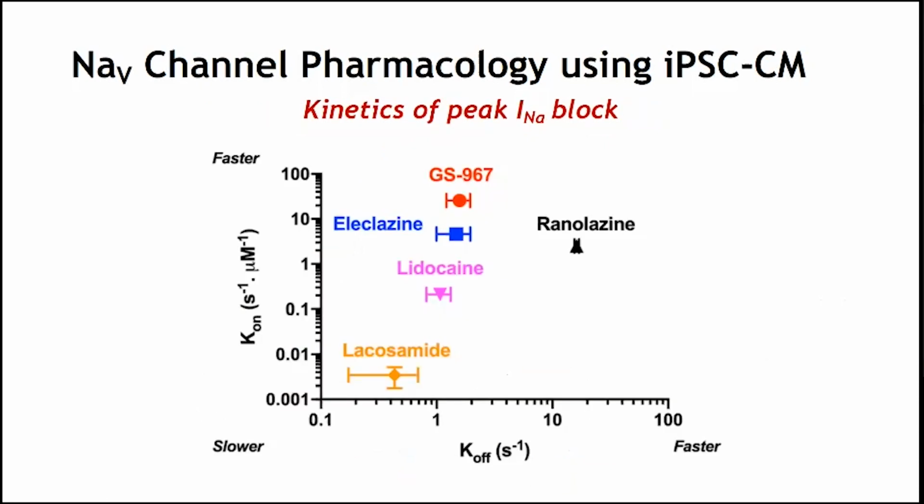efficacy. And beyond that, we were actually able to derive kinetics of block for all of these drugs, measuring on and off kinetics, or on and off rates. Again, something that would have been extremely labor and time intensive to do by manual patch clamp. So this I first show as an example of the ability of using automated patch clamp on human cardiomyocytes to